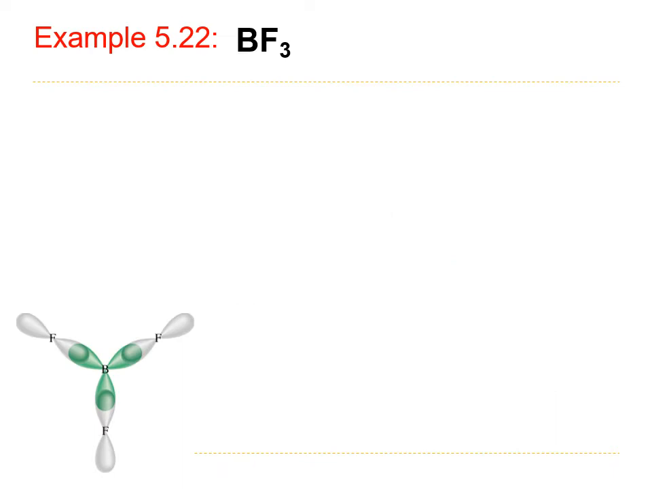If you are given BF3 and you are asked to draw the orbital overlapping for this compound, the first thing you need to draw is the geometrical shape, which is trigonal planar. And then we want to determine what type of hybridization occurs for boron. At ground state, boron having